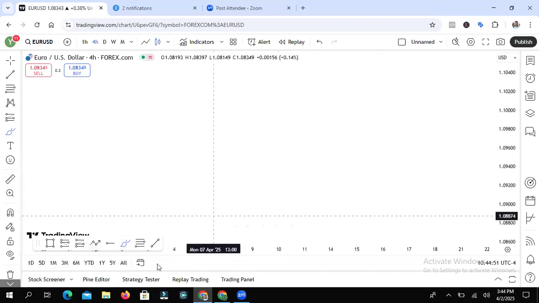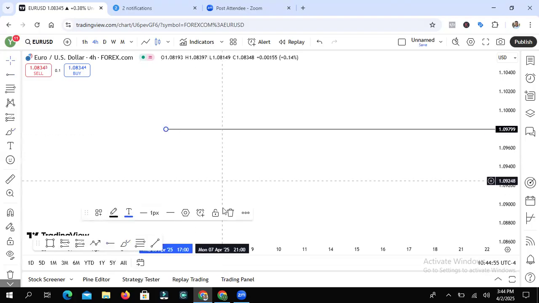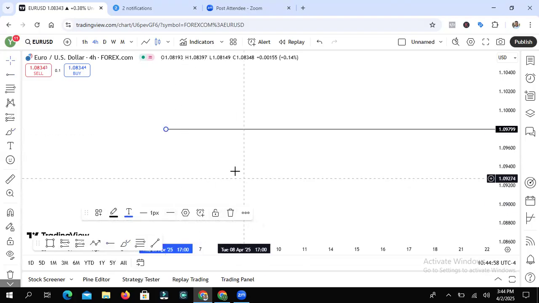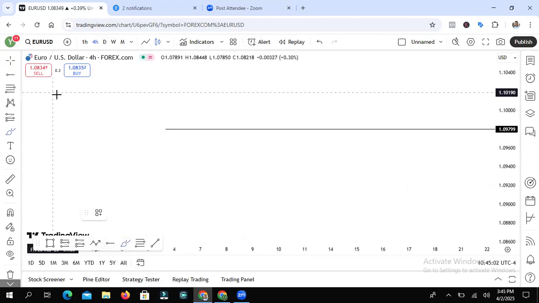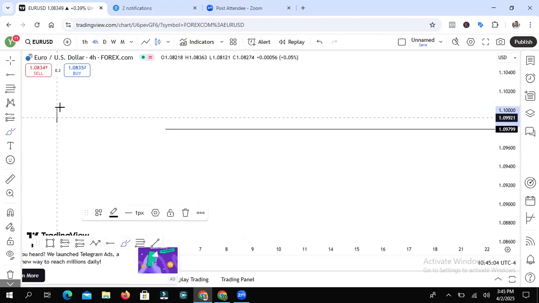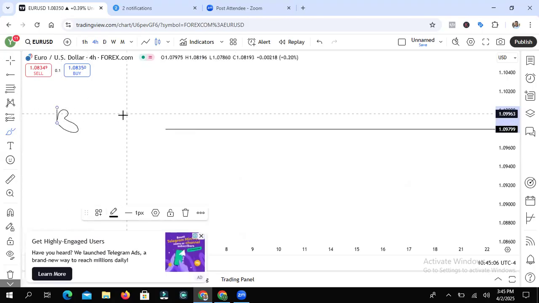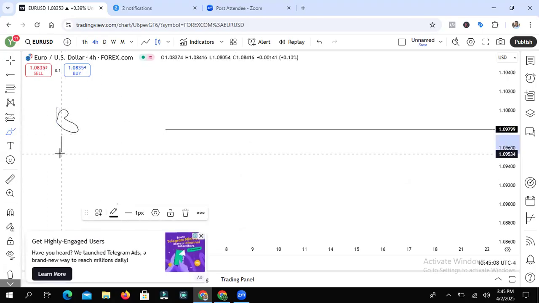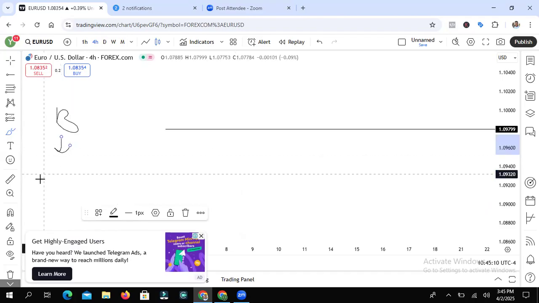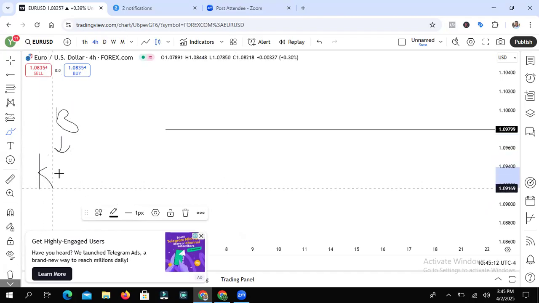So what do you want to see on your key levels, right? Let's say this is a key level. You need candle closure and candle rejection. Let me write it down. Once you have bias, I will call it B, bias. What do you want to see on your bias? You want to see key levels, which is KL.